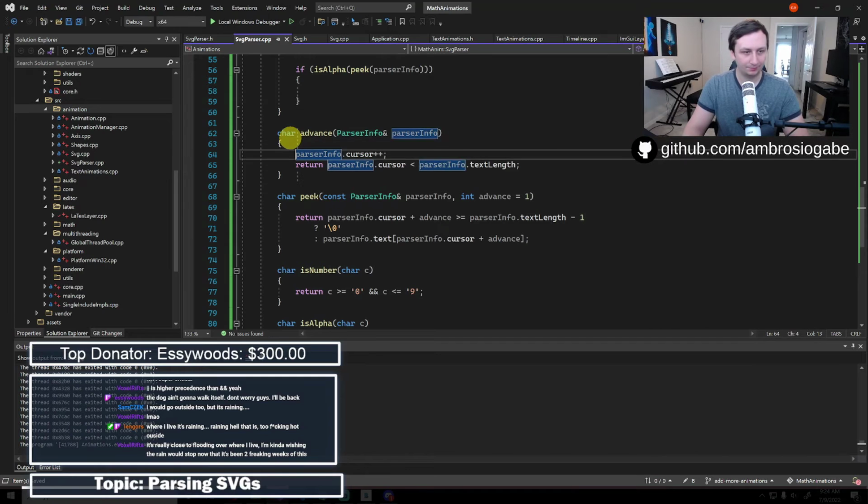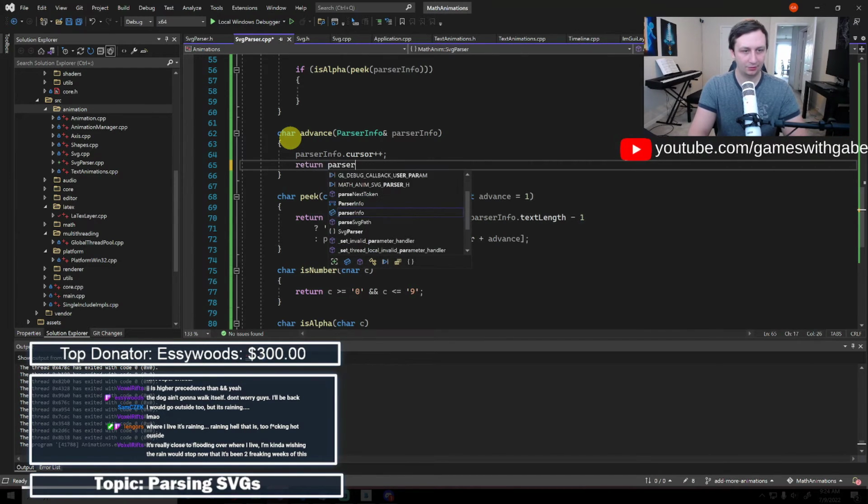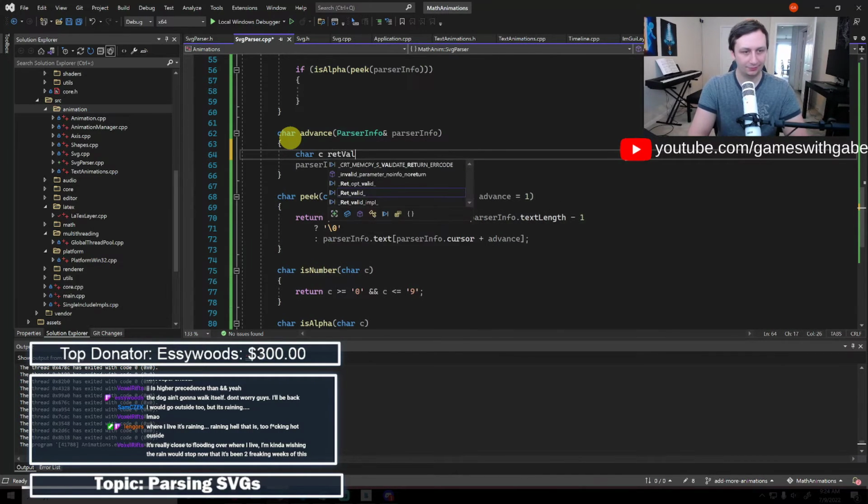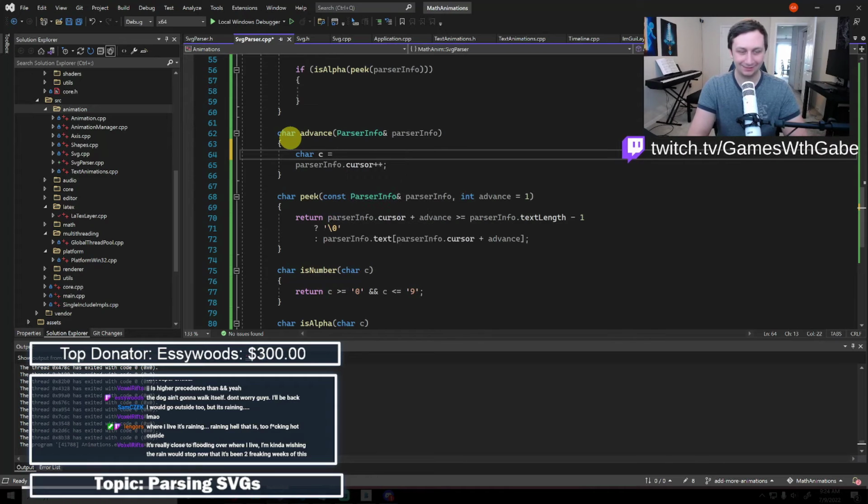So char. So then what this will do is this will return parser info. Trying to think of, so char c ret val. No, char c equals, that's not a ret val, that is the ret val. Char c equals parser info dot text cursor. And I'll just do a simple bounds check here too, just in case.